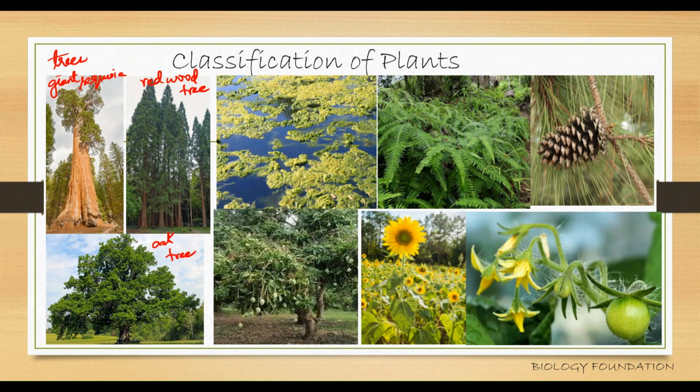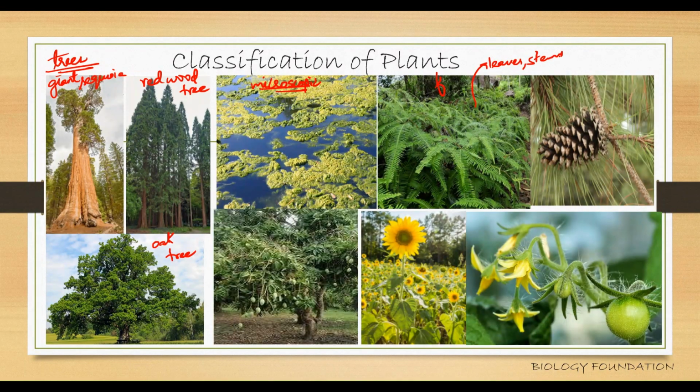Okay, and here you can find microscopic organisms. You can't clearly see them, you can just see green patches on the surface of the water body, right? So there are certain microscopic plants, and here you can see giant or tall trees. And some plants where you can find the presence of leaves,